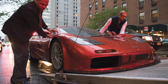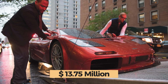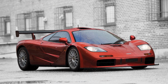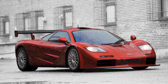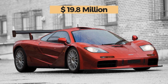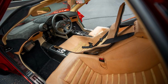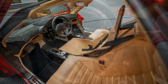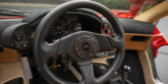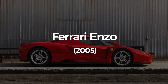Chassis number 073 sold at an auction for $13.75 million. However, the highest selling of the pair, chassis number 018, is the one that sold for $19.8 million in 2019. The 018 was refinished in 2000, which included painting the exterior platinum metallic and retrimming the interior with cream leather and Wilton carpets. 2000s Ferrari Enzo, 2005,